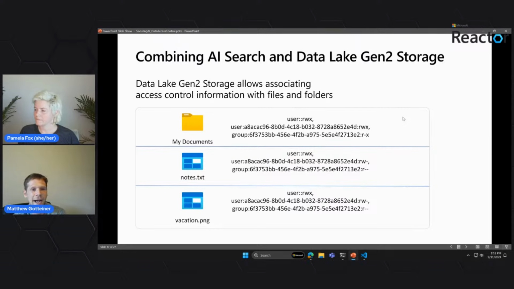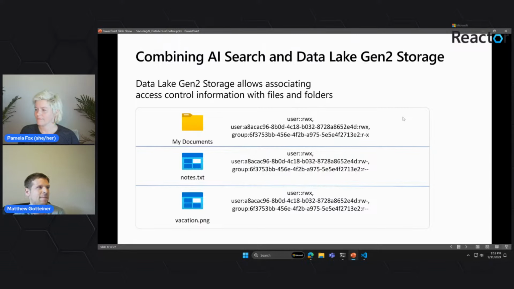And you can add access control to individual files and folders. It uses a special syntax called POSIX access control. So you're going to see this fancy syntax like user : RWX. The same semantics apply if you're familiar with POSIX ACLs, if you ever used Linux. It basically says, can I read this file? Can I write this file? Can I execute it?